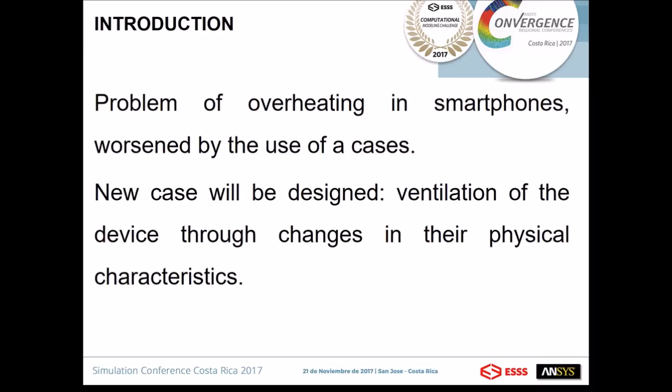Smartphones currently have a very powerful hardware that comes in a compact size. High efficiency has been achieved with these devices, but the problem of overheating still remains, which is worsened by the use of the case to protect them. For this reason, a new case will be designed, one that allows ventilation of the device through a dynamic change of its physical characteristics. This will take advantage of the thermal expansion that occurs in the materials from which it's